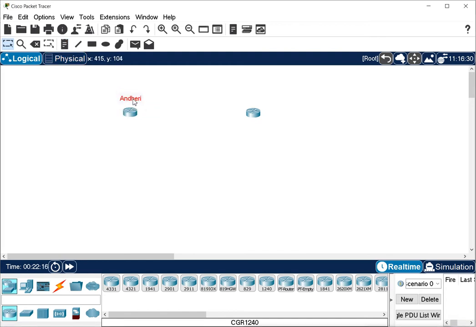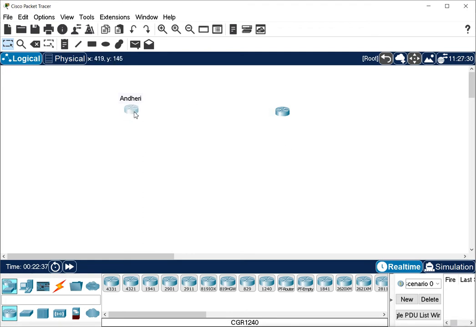Now this is just for my information, my identification in this design. It is not like it is configured on the router. For configuring the router, we have to connect to the router, and then we configure it with the host name. It is just to make sure we see it in the design, just to identify what we make here.